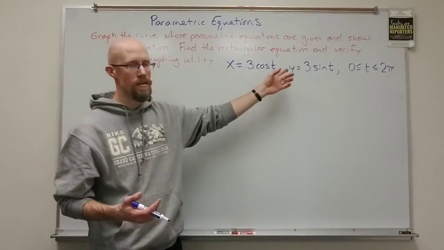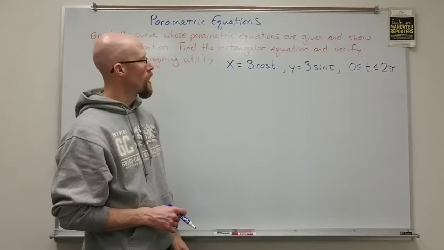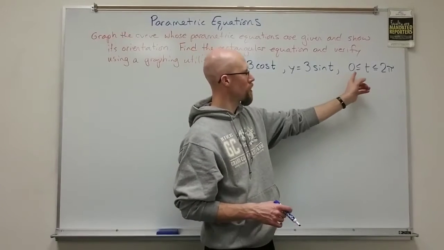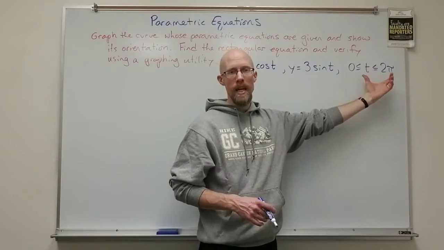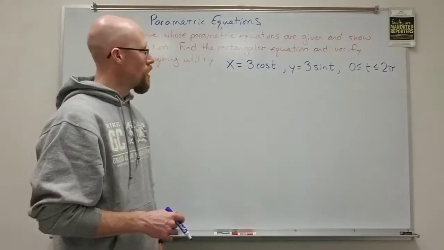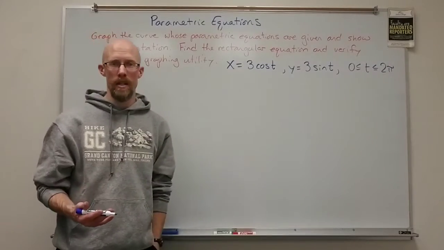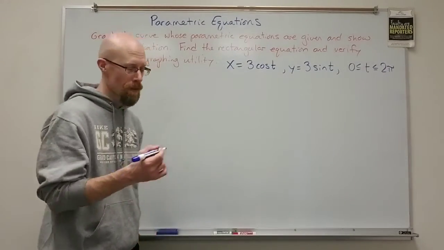Some people would put thetas in here. I like t's to keep this consistent. But the t value running from 0 to 2 pi, this could be any angle measure, but we typically use radians here. Okay, so now first thing I want to do is set up my xy table, txy table to